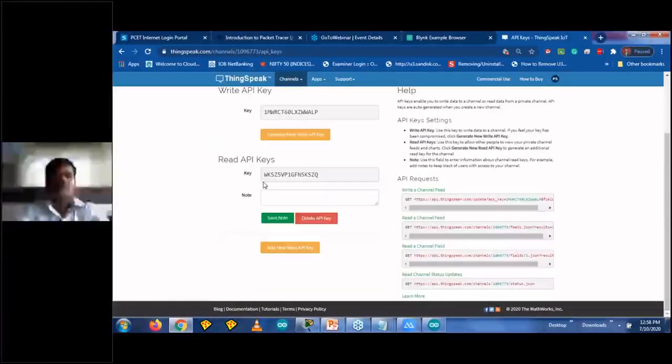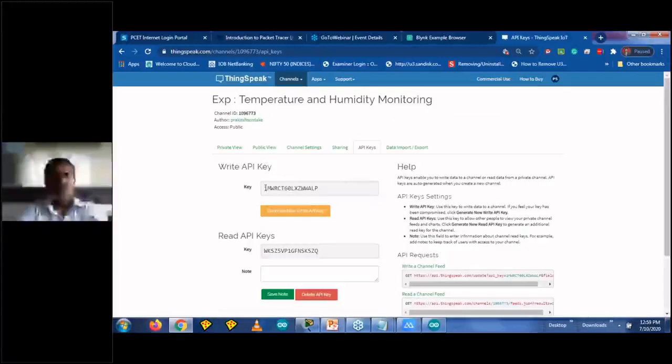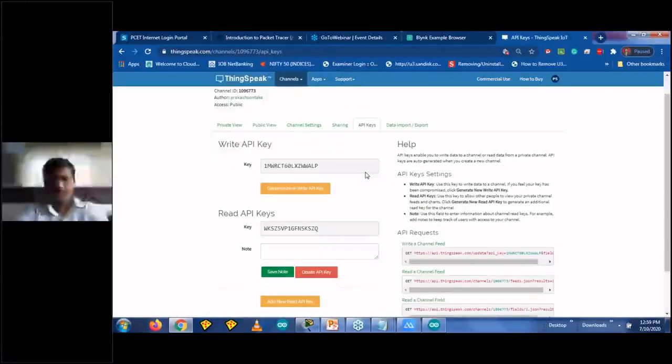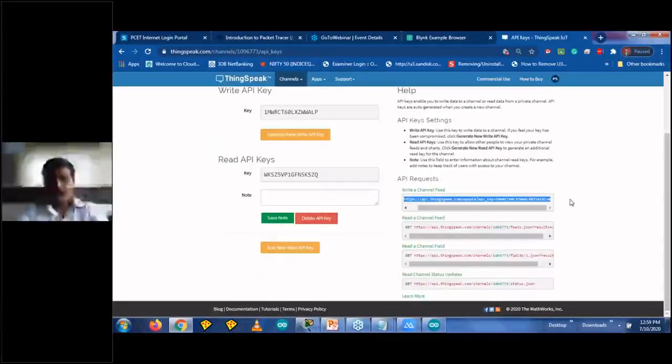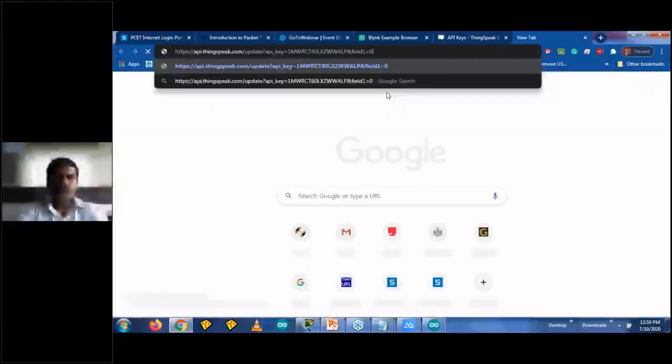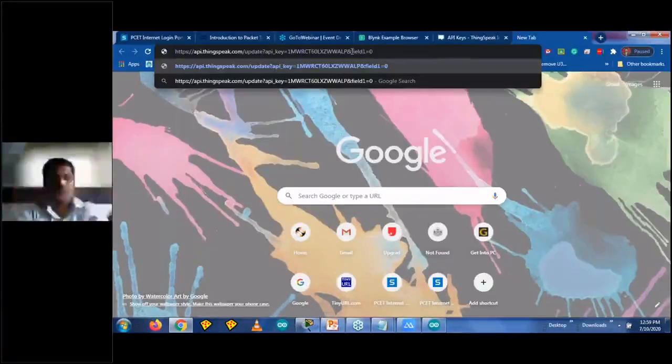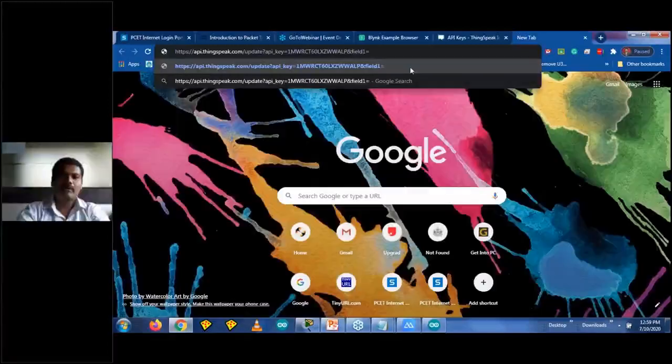Whenever I need to upload any data onto the cloud, I need this write API key. Here we have a certain API request. I'll copy this particular URL and paste it here, and now observe that the URL consists of field 1. Field 1 is related to the temperature. Suppose the temperature is 30, so I'll write 35, and once you hit enter,